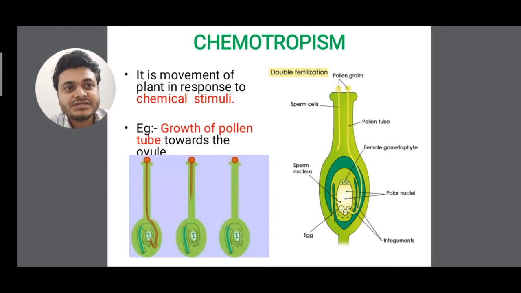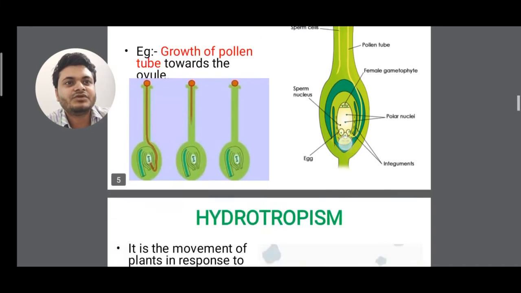That means when the pollen grains fall on the stigma of the carpels or gynoecium. Clear? Carpel, or another name is gynoecium, or another name is pistil. And the three parts of carpel or gynoecium or pistil are stigma, style, ovary. That means whenever pollen falls on the stigma, it secretes chemicals. Clear? That is chemotrophism.